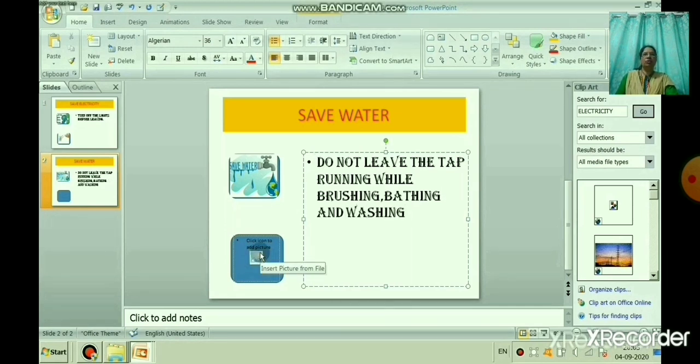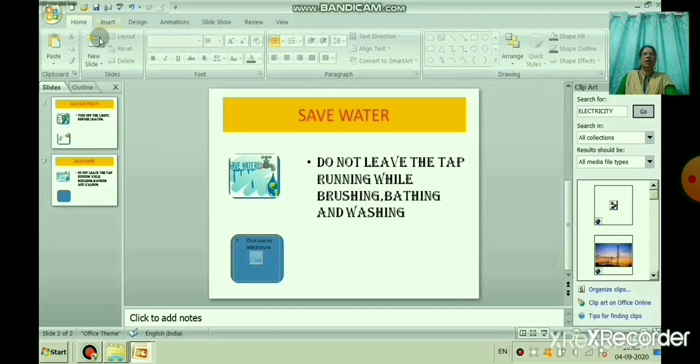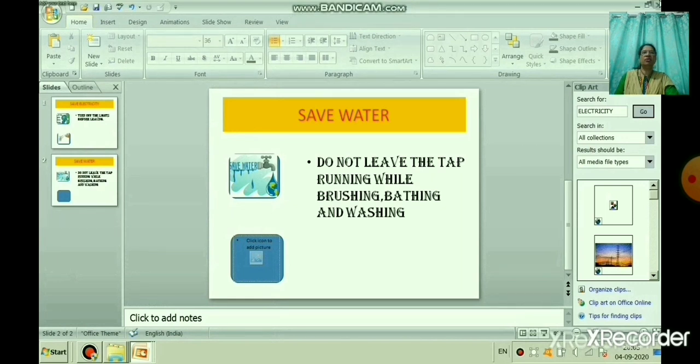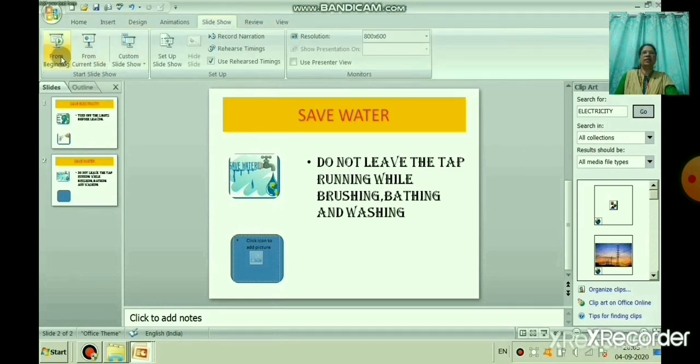Yes children, hope all of you understood how to create a new custom layout with the help of slide master. See, all the default layouts are also there, and we have created one here.